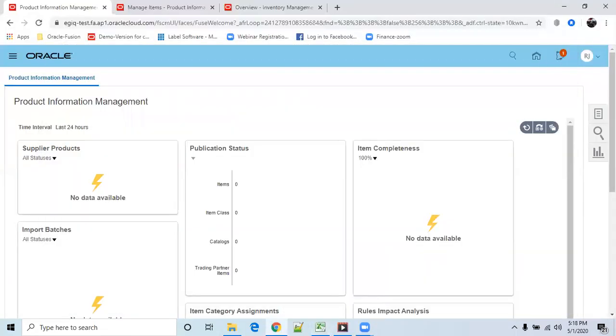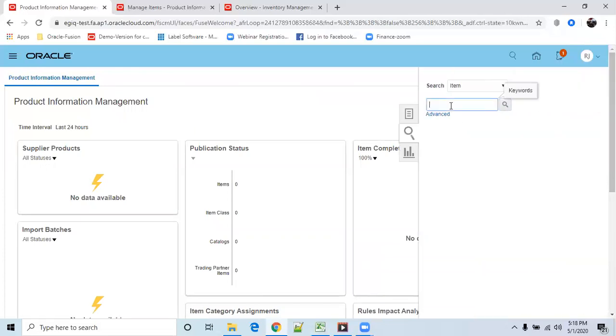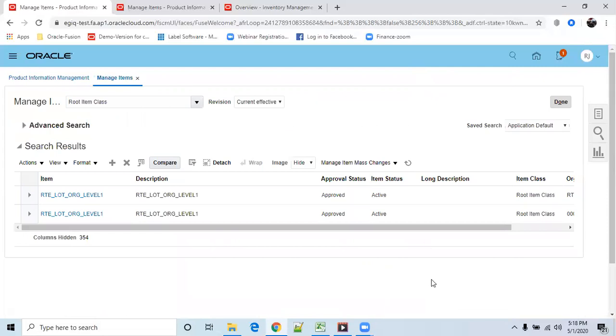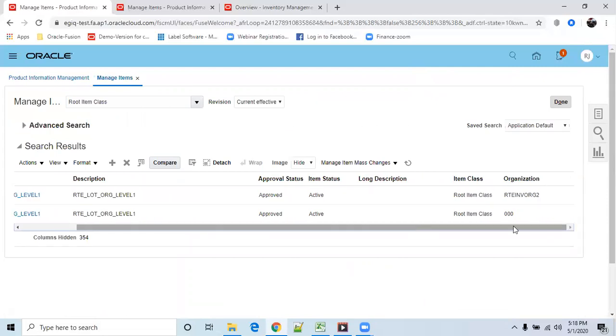Let me see in which item org it is. Master org. So this item belongs to master org 00, inventory org RTE, inventory organization group.